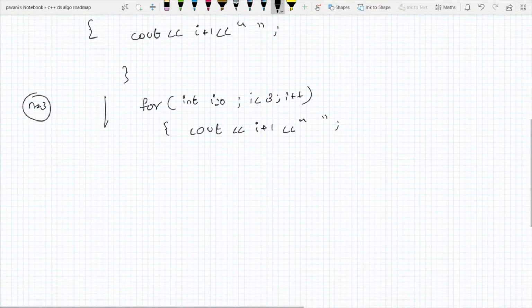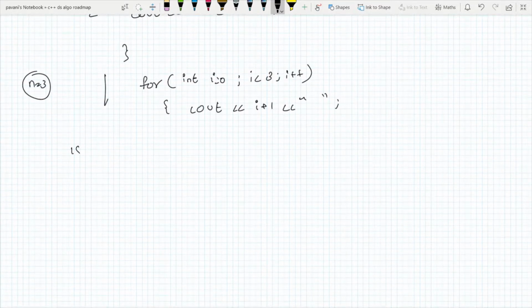Initially in the first iteration the i value is 0, the condition is satisfied, and then it jumps into the loop.